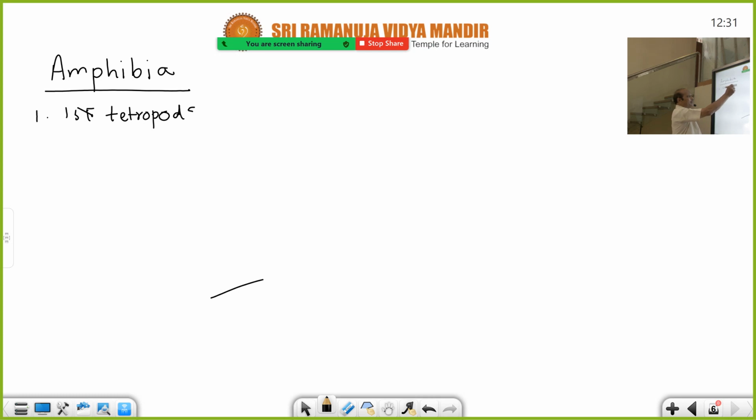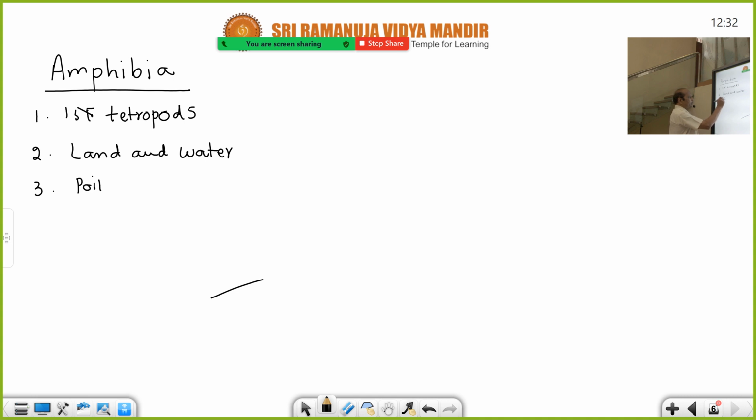These are first tetrapods. Okay, and compromise in two environments, that is land and water. So they live on land and in water. These two environments, they made a compromise, leading a successful amphibious life. And